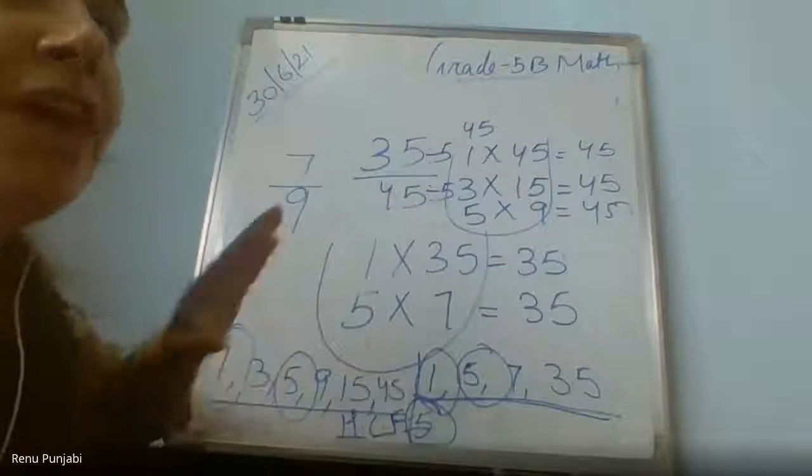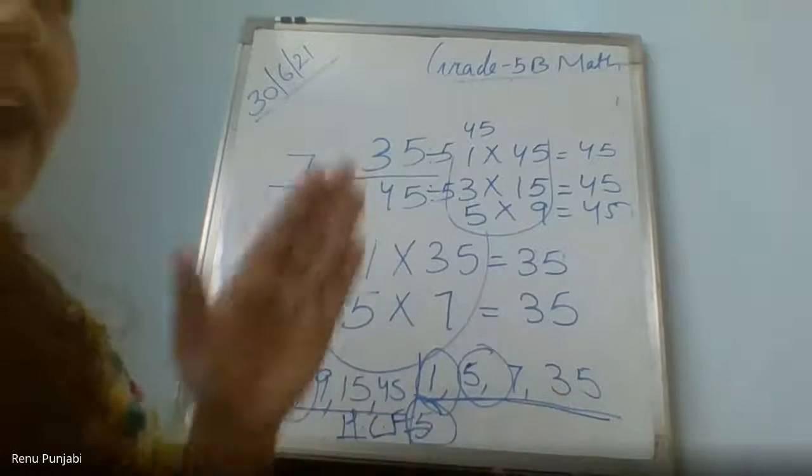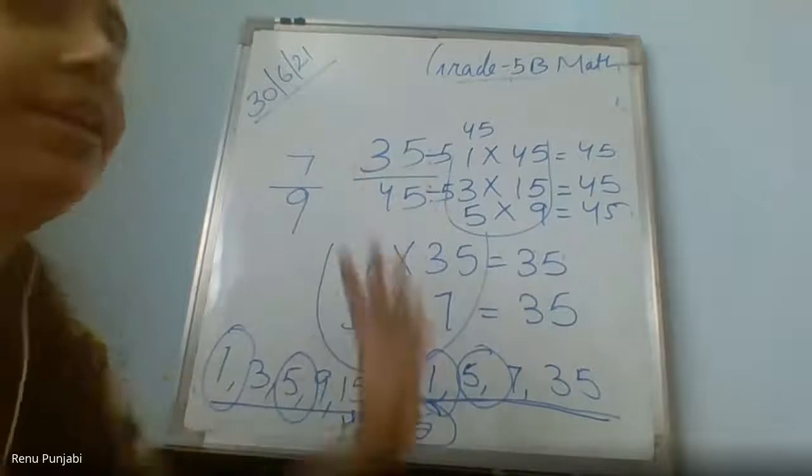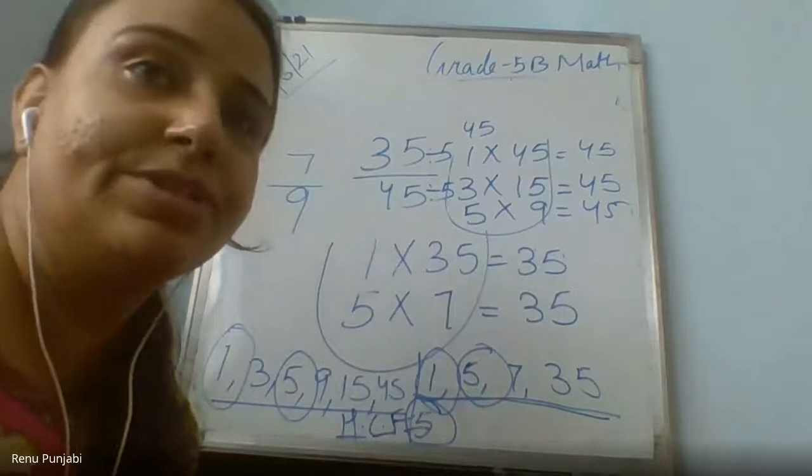Okay, ma'am. Find the factors, find the common factor, find the highest common factor and divide it. These are the steps. Yes, ma'am. Got it? Yes, ma'am. One more question. Is it possible to solve right now or maybe later on?